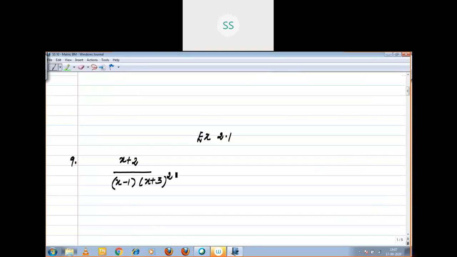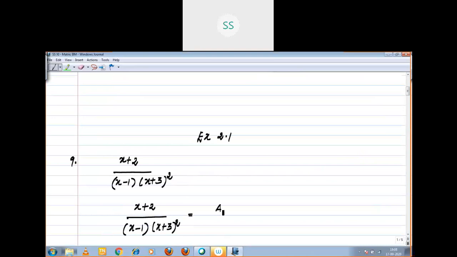Here the denominator contains a linear factor that is repeated, repeated n times. Here it is repeated 2 times. So the general format I have discussed already: how to write a by x plus 3 plus b by x plus 3 the whole square. Now x plus 2 divided by x minus 1 into x plus 3 the whole square equal to